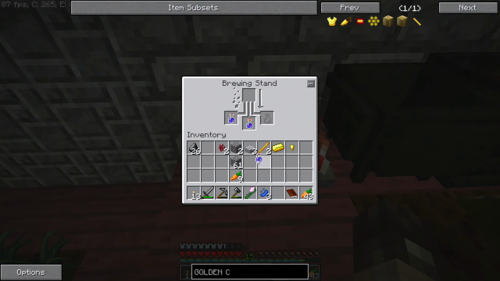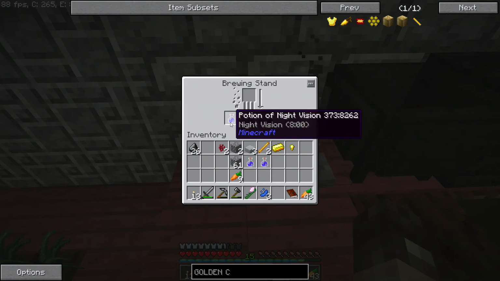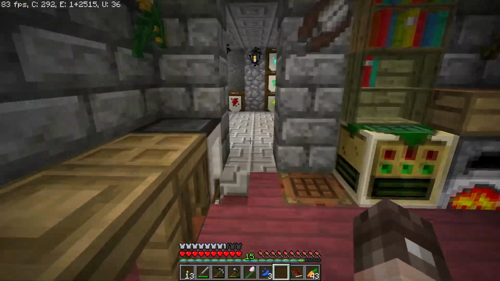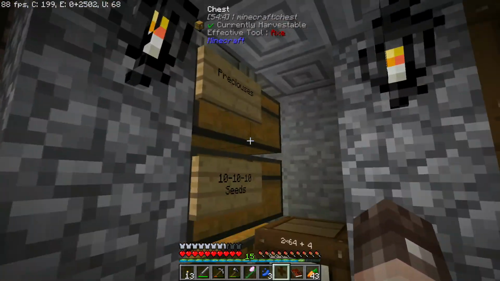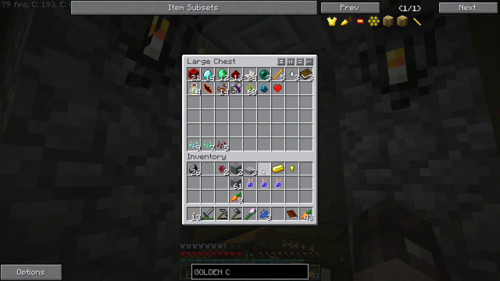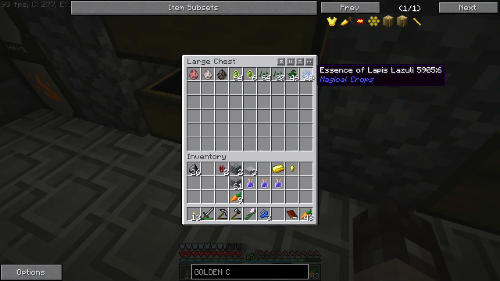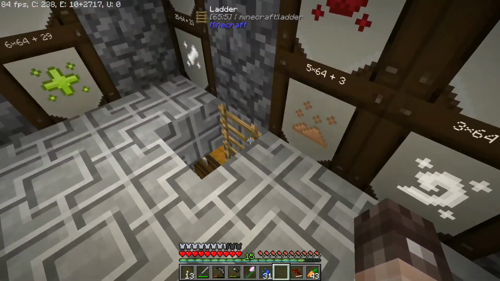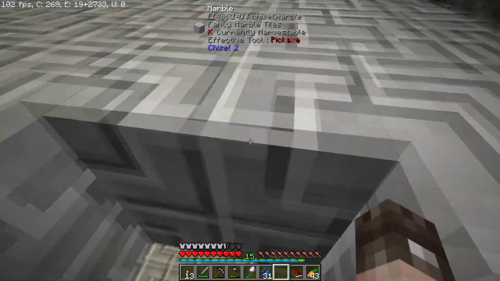Awesome. There we go. So we've got 3 potions of night vision that will last us 8 minutes. So hopefully that will actually end up being enough for us to be able to go and get our natural gas. And look at that. We actually had a whole load of stuff in there already. Right. Let's grab these and see what we can do with regards to making ourselves...